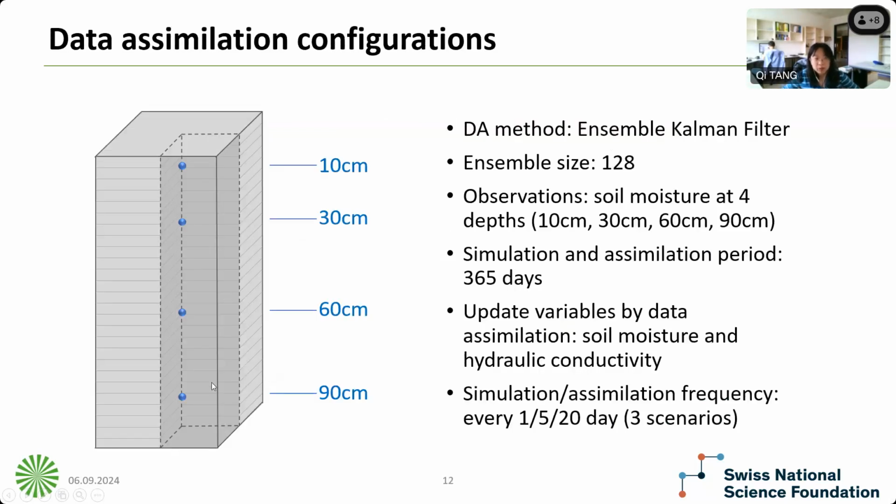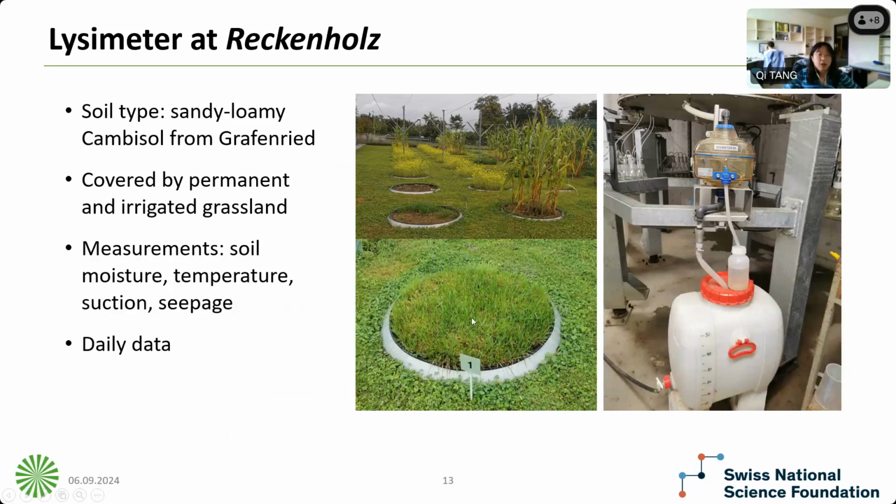And for the data assimilation experiment, we use the standard ensemble Kalman filter method. The ensemble size in this case is 128. We have observations at 4 different depths: top 10 centimeter, 30 centimeter, 60, and down to 90 centimeter. And we run it for 1 year with a daily update. We changed the update frequency from 1 day, to 5 days, and 20 days. In total, 3 scenarios. And we update the soil moisture as well as hydraulic conductivity. And the lysimeter data